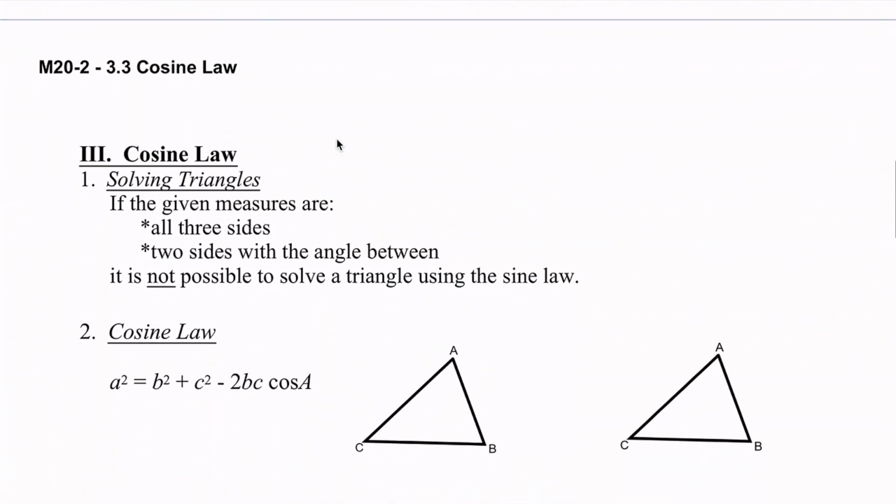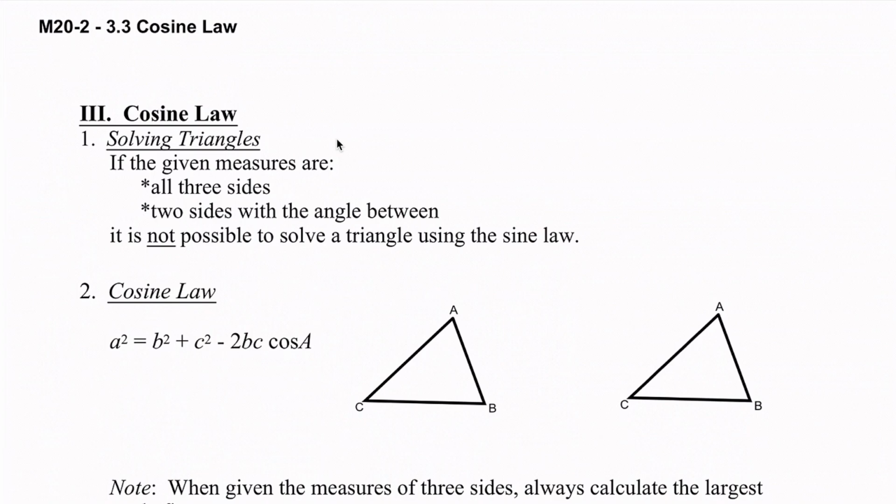So looking at our cosine law, we're going to do the same type of thing. We're going to look at the law and when it's going to be used, and then we're going to do the proof for how to come up with it, and then we're going to do some examples using the cosine law. So it says here at the top, for cosine laws for solving triangles, if the given measurements are